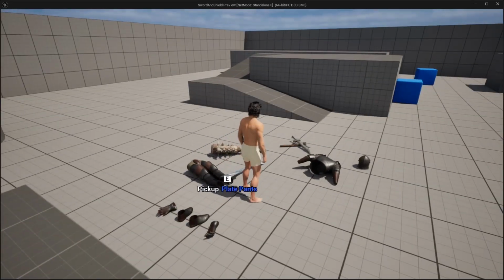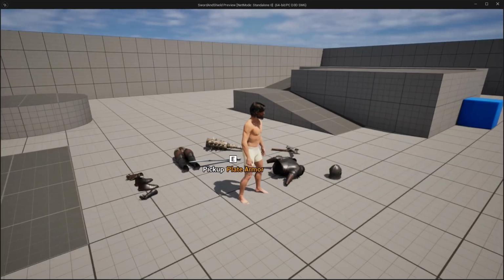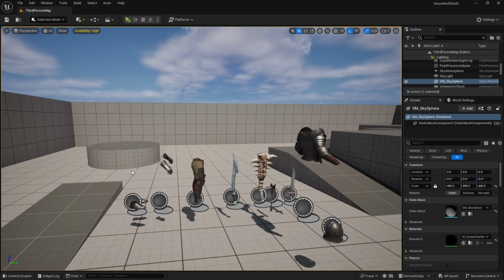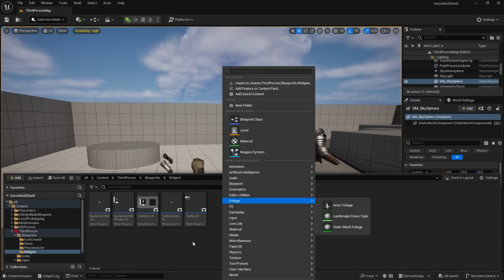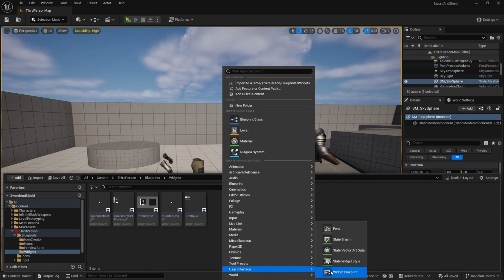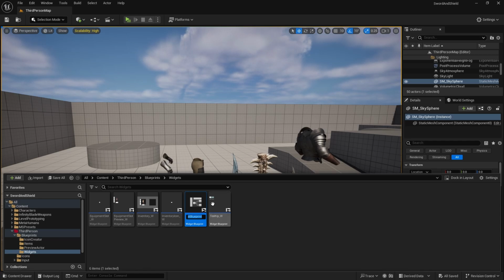Hey guys, in this one we're going to create an interact widget, which we can use for picking up items and interacting with all objects in our game. So let's just start. First thing we need to do is go to your widgets, create a new one, right click, user interface and widget blueprint. Click on the user widget. This one will be interact prompt